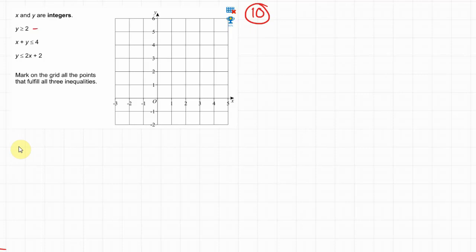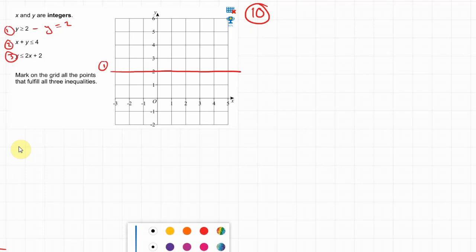So let's plot these lines. So we're going to plot y equals 2. And that is going to be a solid line because it's a greater than or equal to inequality. And that's going to be this. I'm just going to label them 1, 2, 3, so it's easier for you to see what I'm doing. And I'm going to do them all in different colours as well. So this one's going to be in blue. And I'm going to plot x plus y